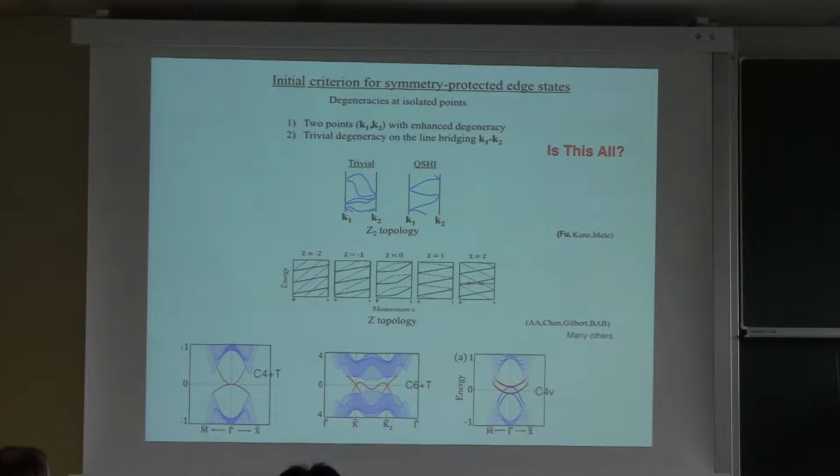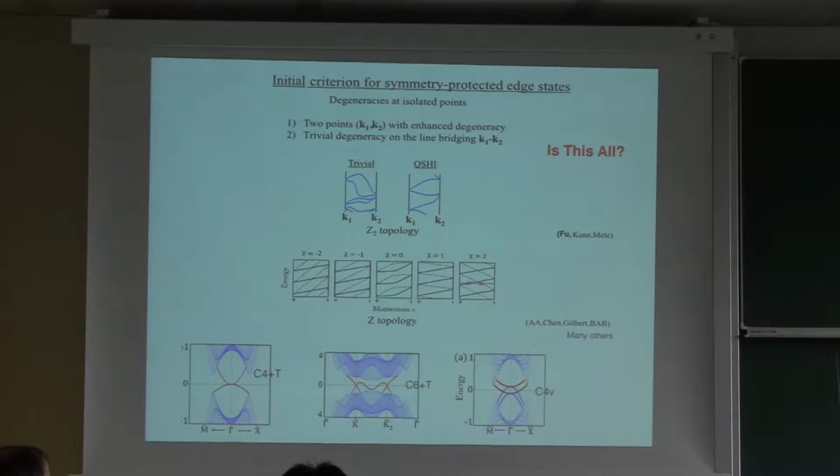So for example, this point is left invariant by C4 and time reversal, because it's the gamma point, and this point is left invariant by C4 and time reversal because it's pi pi, right? This point is not left invariant by C4 and time reversal because it moves here and time reversal moves it here. But at least here and here, with C4 and time reversal, representations of bands that have eigenvalue i and minus i have a twofold degeneracy.